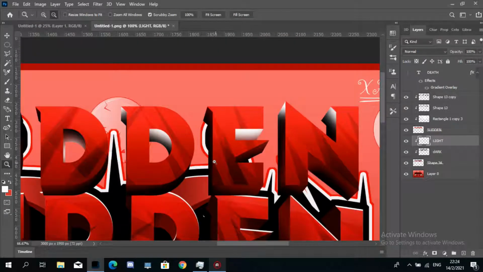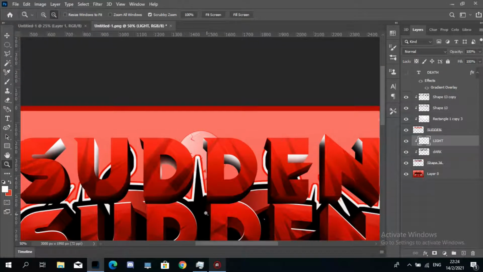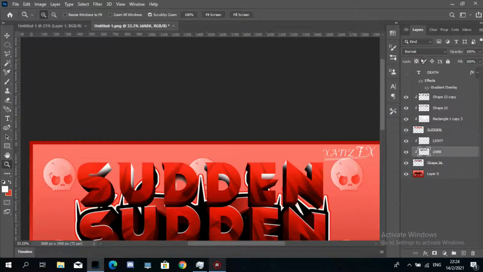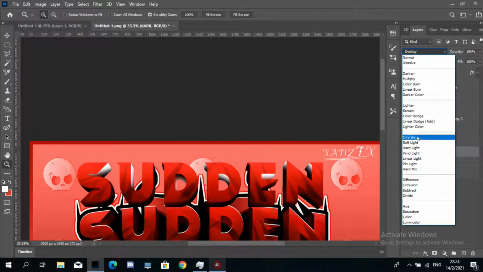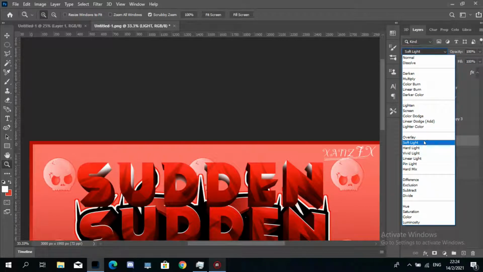Oh yeah, so for this we're done. Now what you want to do to make it blend more with the shadow is, when you're going dark, you just want to set an overlay, but since it's red it won't change, so you just want to decrease the opacity. You want to make it visible, and for the light you just want to use soft light